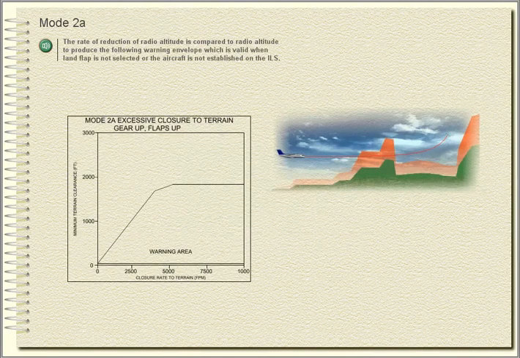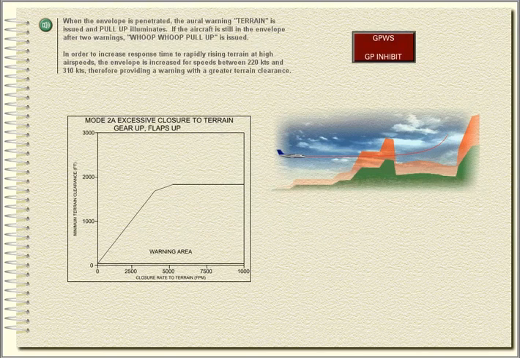Mode 2. Terrain closure rate. Mode 2 is divided into two sub-modes and provides protection against rising terrain. Mode 2A. The rate of reduction of radio altitude is compared to radio altitude to produce the following warning envelope,